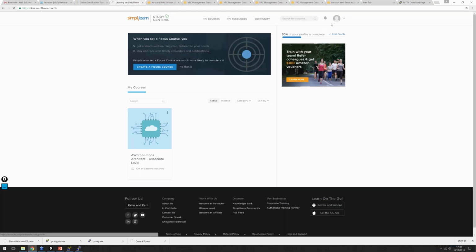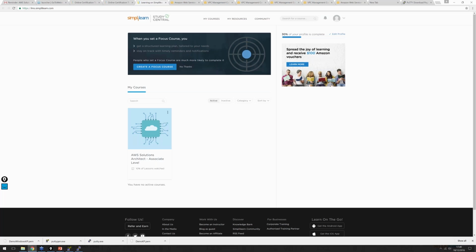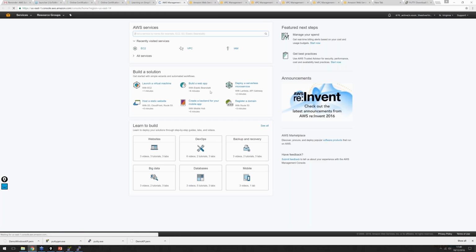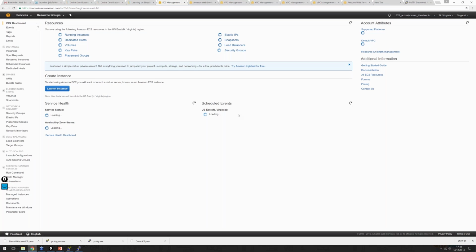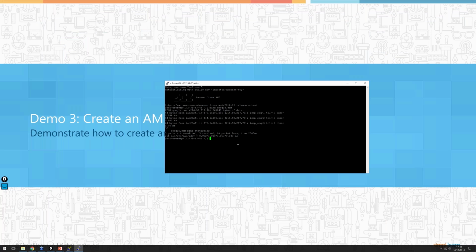So I'll log out, log in, sign in, my courses, this, lab access. There you go. We are on the correct account right now. And in EC2, what we will do is we will basically create an AMI. So imagine we are on this box that we connected before into the Amazon Linux on the Simplilearn account, and